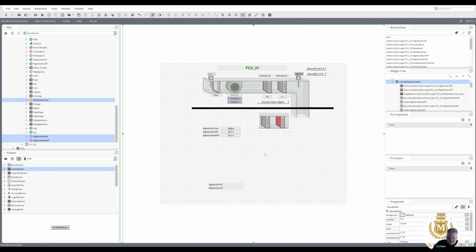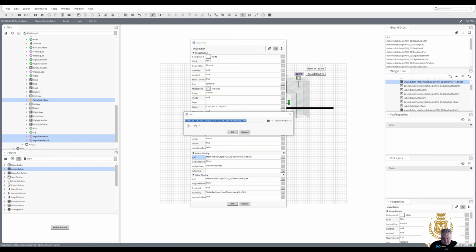So that's that done for that, but what we've got to do now, so we're in this mode at the moment, so we need to make that invisible. So we take, not that one, we take that one,